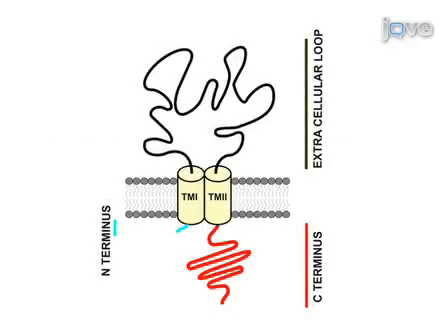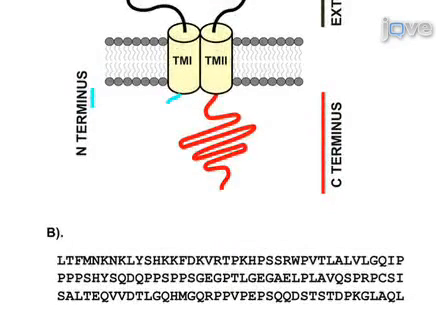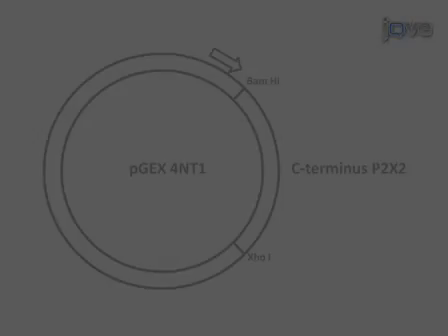The cytosolic domain of the P2X2 receptor consists of the N and C termini. The C-terminus of the P2X2 receptor will be used as bait for the pull-down assay. Also shown is the sequence of the P2X2 receptor C-terminus used for this interaction study. To express the